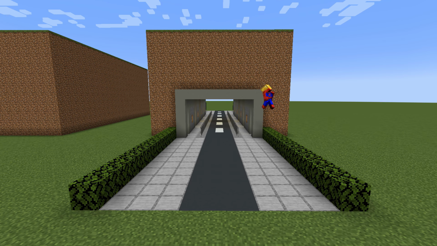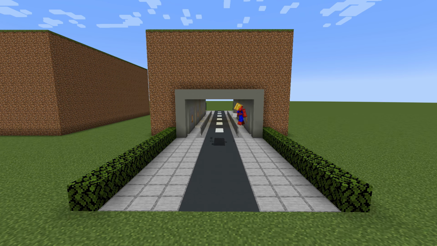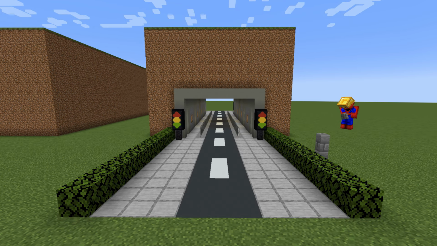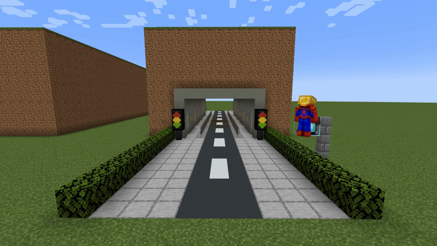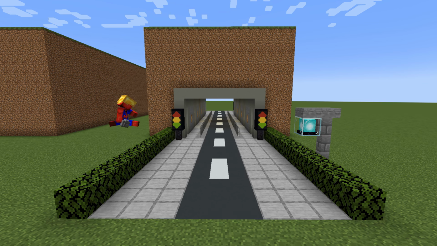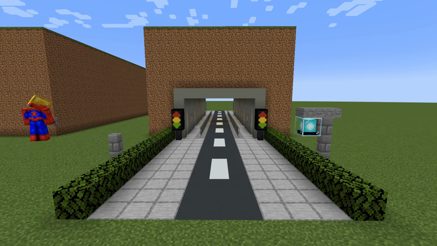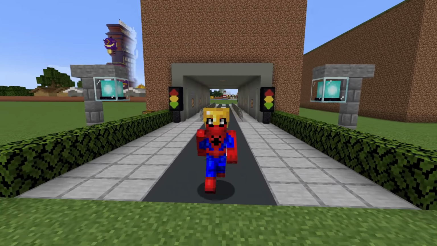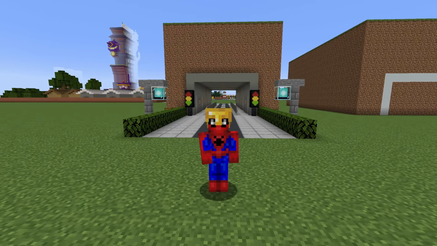Of course, do bear in mind, you don't have to be strict with digging 12 rows this way and making sure the tunnel and the road and everything is straight. If you have to adapt it and add a curve or more or less blocks, then do feel free to do so. You're meant to adapt this into your world. So that is how you make a single car tunnel